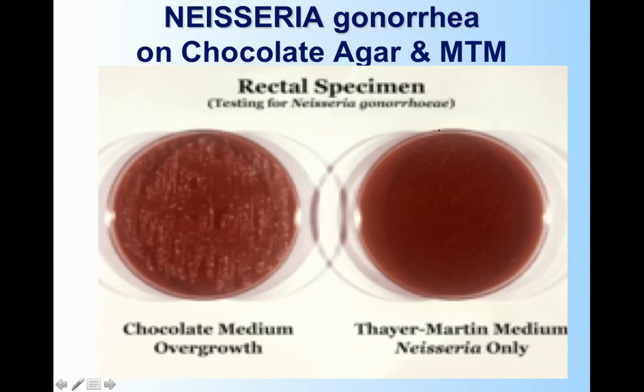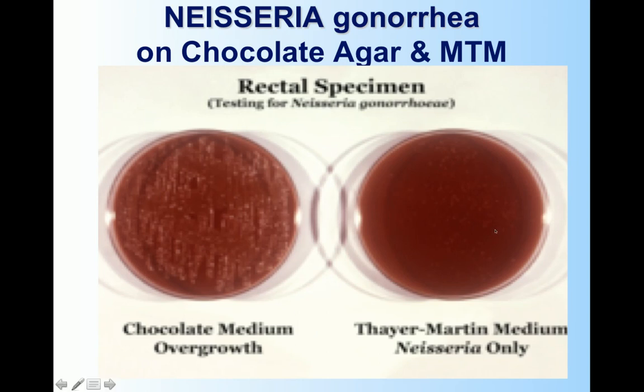This slide is showing you both chocolate agar and modified Thayer-Martin media. Chocolate agar is not a selective media for this organism, because as you can see over here, all types of bacteria from the site have grown on this medium, so it is very difficult to identify Neisseria gonorrhoeae. We can do it if we just pour oxidase reagent on it. Some of these colonies will turn purple, and if we perform a gram staining, we will be able to identify Neisseria gonorrhoeae.